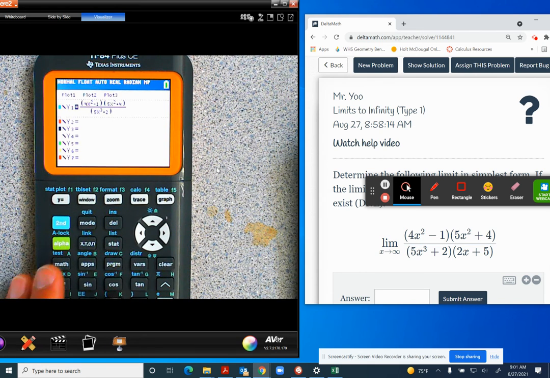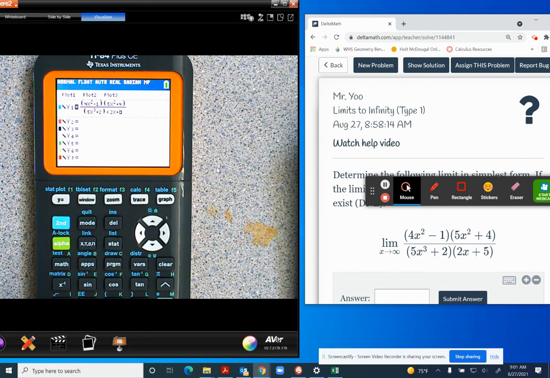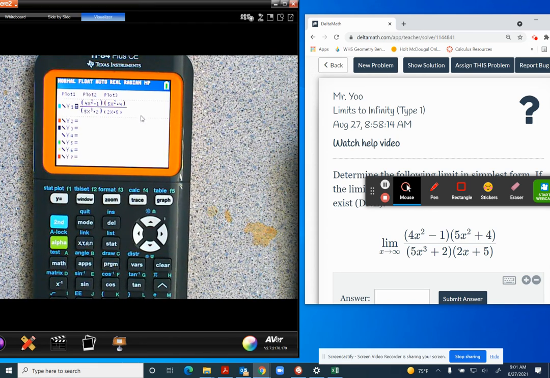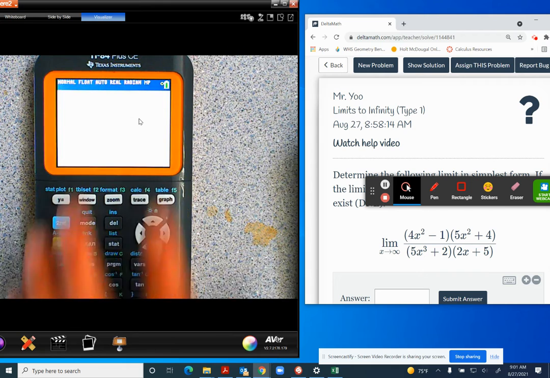Alright, so this is parentheses, right? 2x plus 5, and close the parentheses. Alright, is that what you guys have? You're still typing? Okay, so once you have something like this, if you graph this,